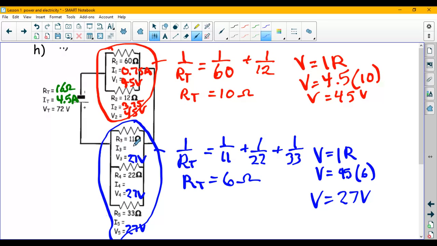And then I can just use Ohm's law to find all three of these. Now remember, when these three currents add together, all three of them, I should also end up with a total of 4.5 amps. So 27 then divided by 22. So I get 1 point. Now there is some rounding, so you might be off by a decimal place. Don't get too excited about that, right? Because we are rounding. These are not going to give me perfect numbers. And 0.82. And if I go 2.45,